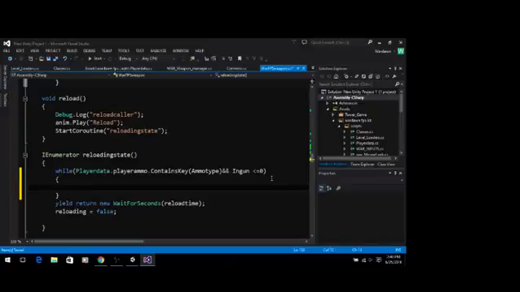Coroutines are kind of weird. They like to skip over ifs a lot of times. While it contains the key and in gun is less than or equal to 0,